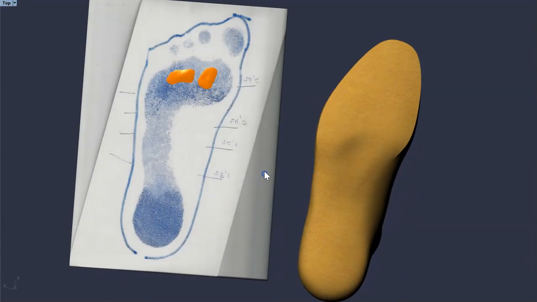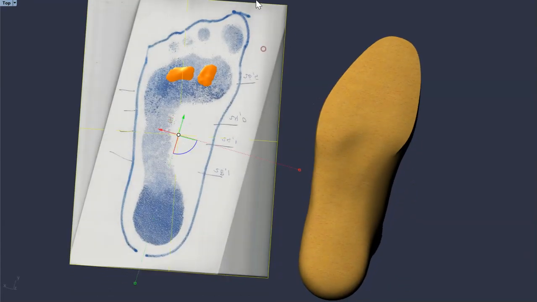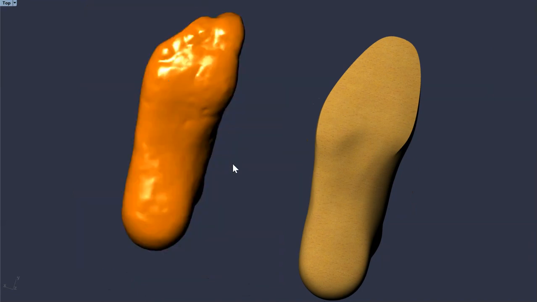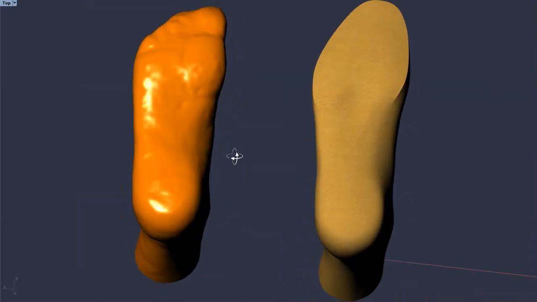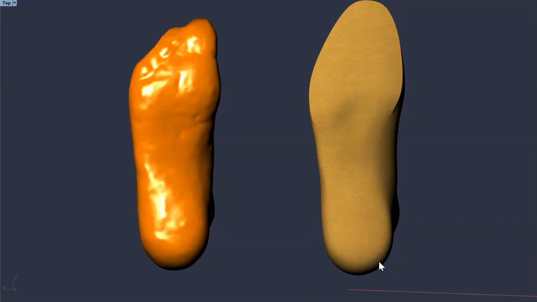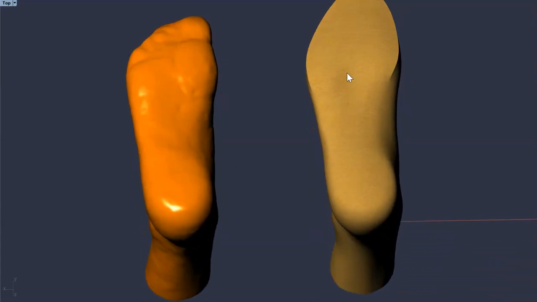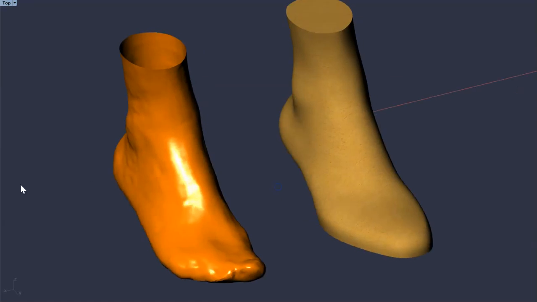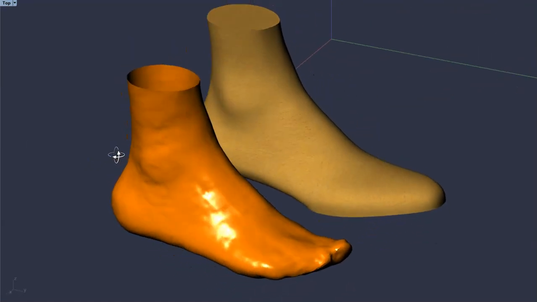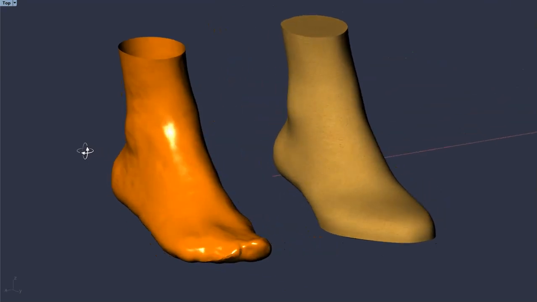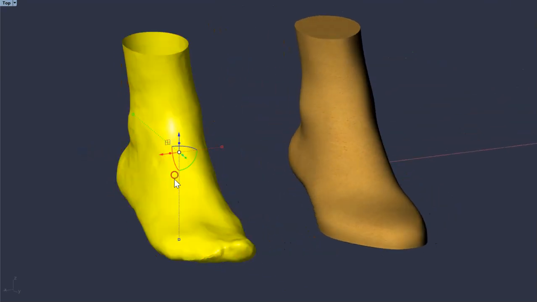Let's get rid of this blueprint. I always use a blueprint when modeling lasts. There's extra room here around the heel. There's a cavity behind the ball to relieve the pressure from this part of the foot. You see there are a lot of differences. Now this scan,